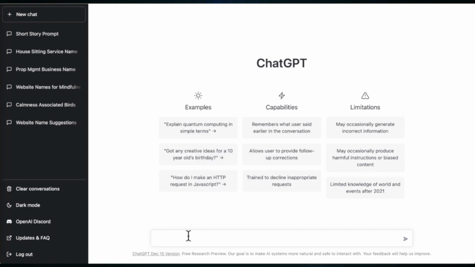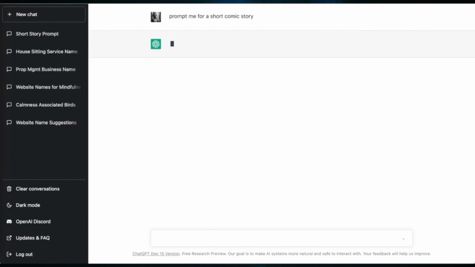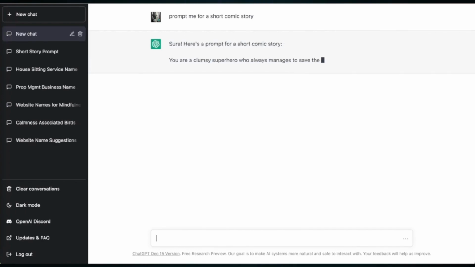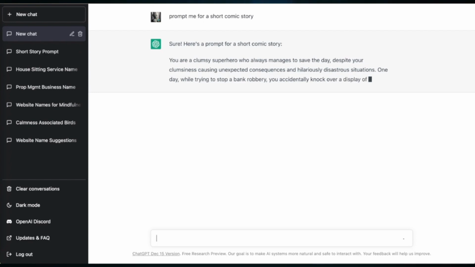So what I will try to start off with is, let's say I'm a short story writer. So I want a prompt because I'm having a writer's block. So let me ask it for a prompt. Prompt me for a short comic story. Now, even I'm trying this prompt for the first time. You can see that ChatGPT is actually writing a completely new prompt,